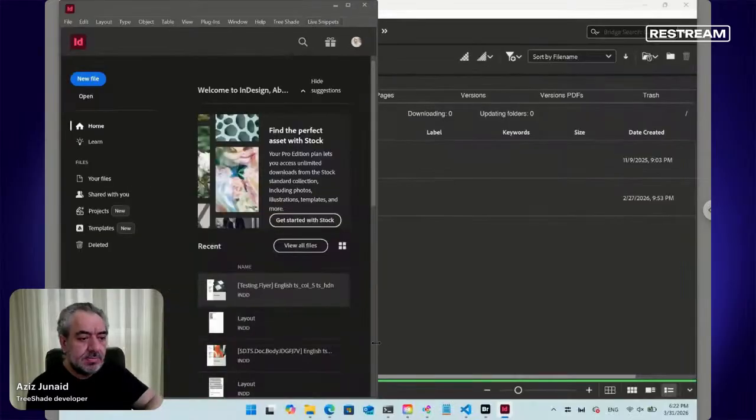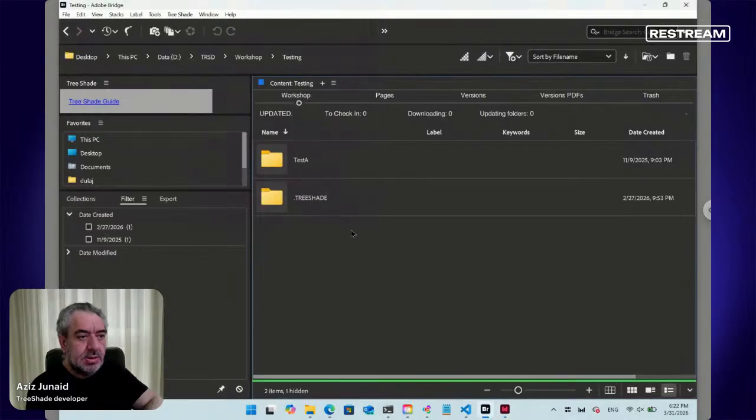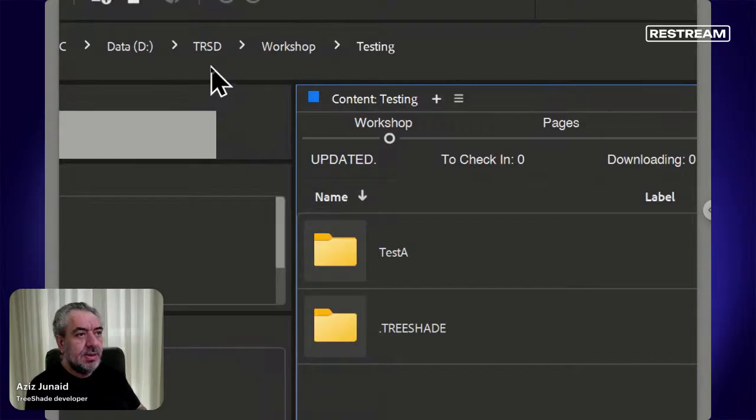Okay, now let's test something. Here, after installing and determining the root folder, I have this folder, TRST. Inside it, TreeShade creates a workshop folder, and within workshop, put your project and edit them. Here I have a testing folder,